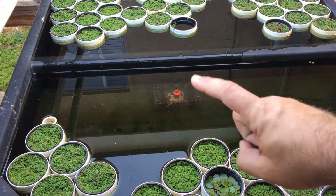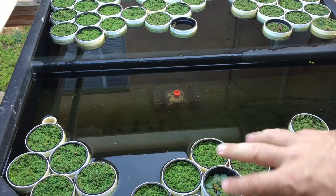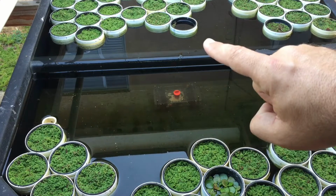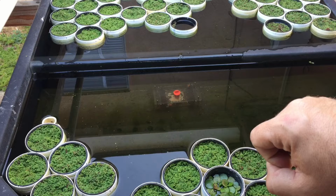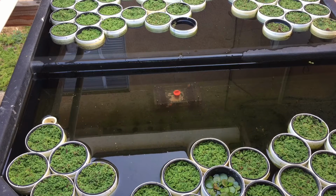And this bed in here in particular, it doesn't have a lot of snails. It has very little. This one over here has a little bit more, I think. So I may take this and put it over here, but I just wanted to show you what I caught over the next day. And then hopefully I can show you guys basically pin this thing to the wall of the sump